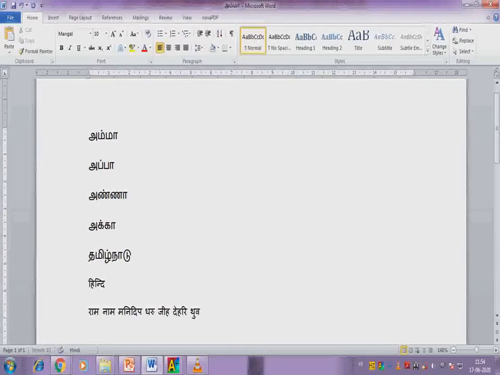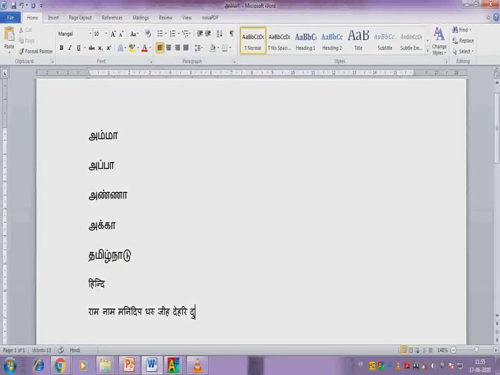Next I am going to teach how to type Sanskrit font. To get Sanskrit font, you have to switch over the keys. In Key Mappings, choose Sanskrit, and in hotkeys also choose Sanskrit font.